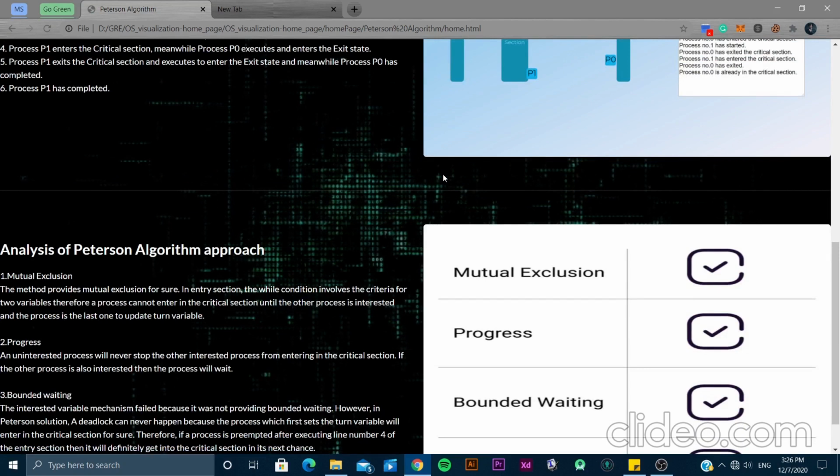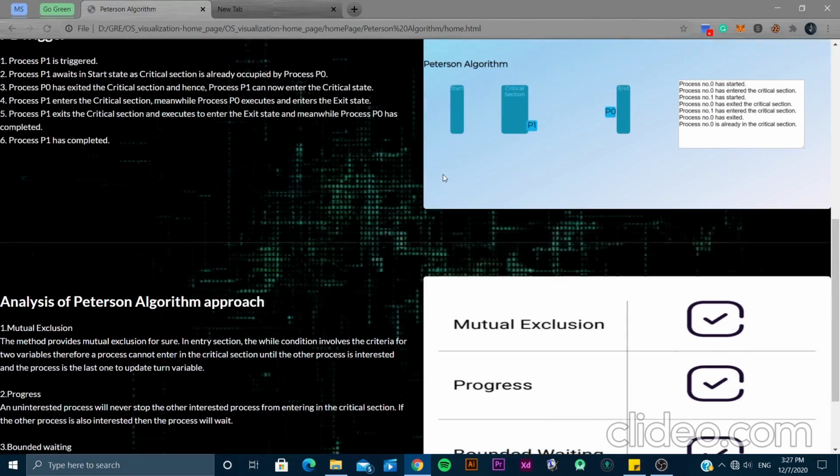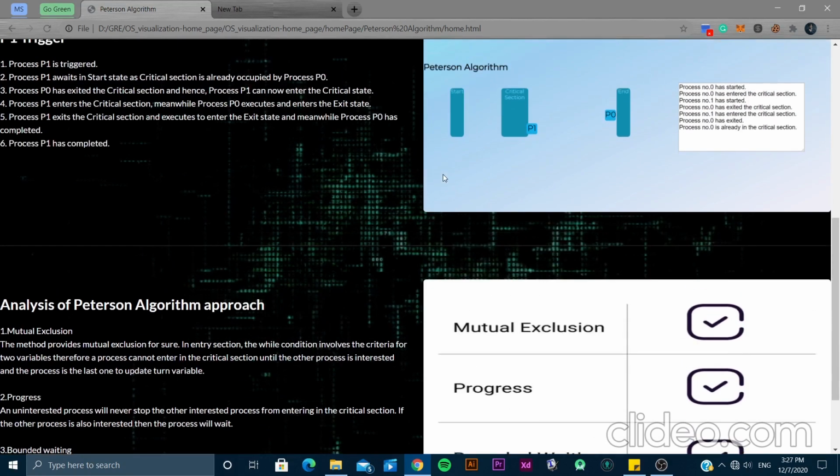During the process, let's just say that process P1 is in the critical section and it is using some of its resources. Process P0 has completed its execution and has entered the exit state. That is to say, process P0 has already completed. Now, after a certain amount of time, process P1 exits the critical section, it continues to execute itself, and at some point of time, it ends itself. That is to say that it enters the exit state and completes its processing.